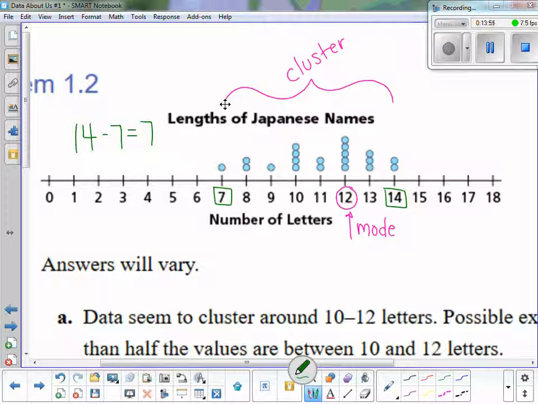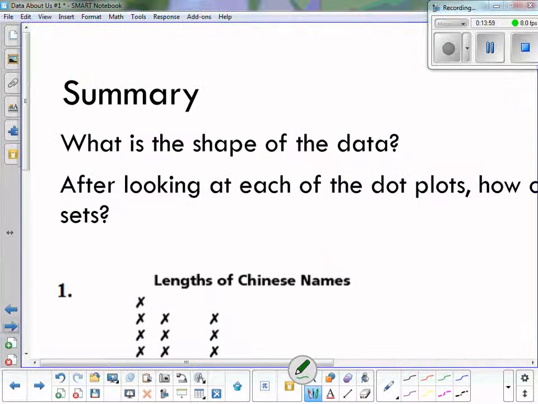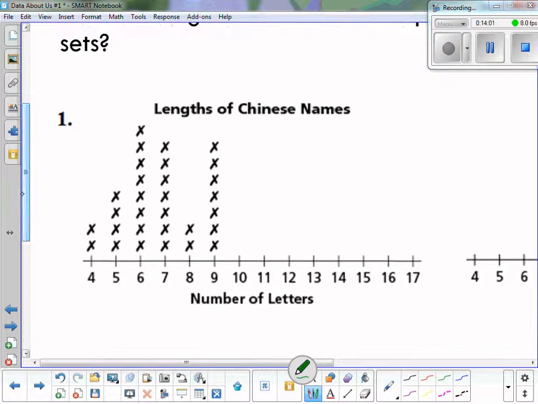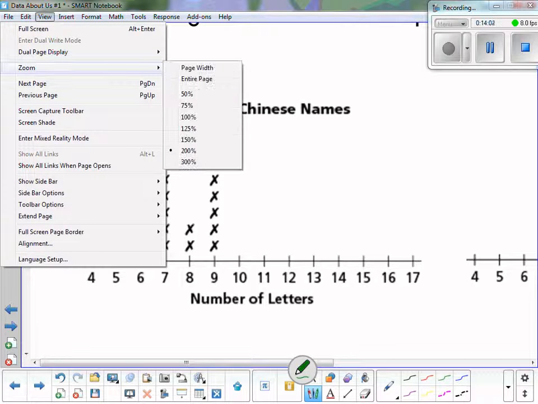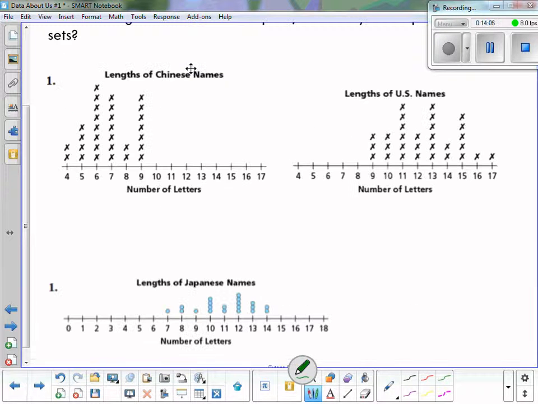Okay, so what I'd like to look at a little bit now is to compare some of our pieces of data from earlier. So I have the Chinese names, the US names, and the Japanese names, okay? And what I would like you to do with your tribe right now is to compare all 3 sets of data. Okay, what do you notice about the modes? What do you notice about how they're distributed? You can do that right